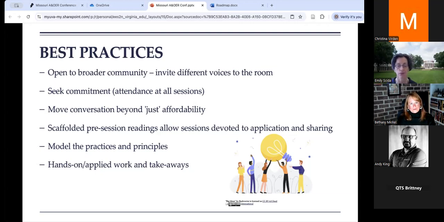And then, like we've discussed already, having opportunities during the sessions for participants to dig deeper and practice the concepts that we're discussing, and also to help support them in thinking about what they might be working on towards a takeaway that they could apply beyond the sessions and into their own work.